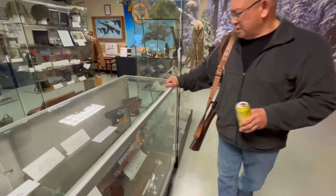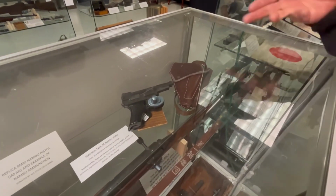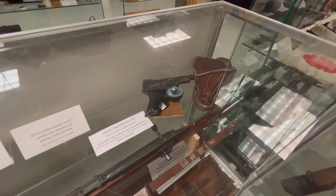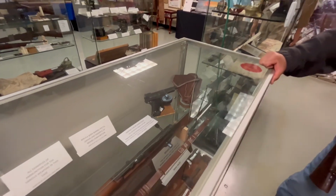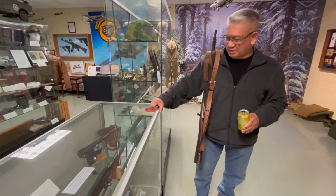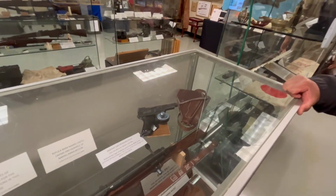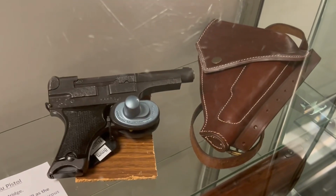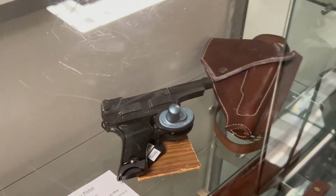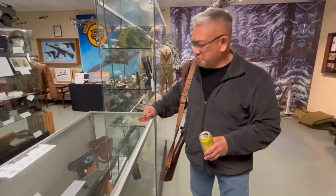Now, the other Nambu pistol, the Type 94, wasn't a very aesthetic looking handgun, as you can see. In fact, it had some issues. The 94, like the 99 rifle, came about in 1939 and was issued till the end of the war. I don't know if it was because of problems with the materials or the manufacturing, but